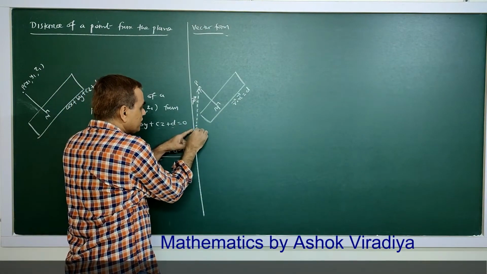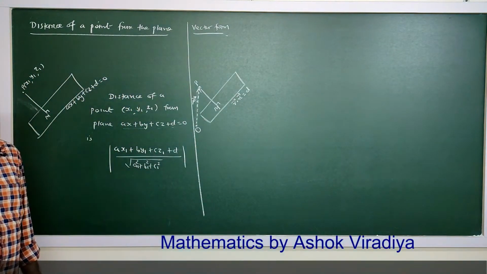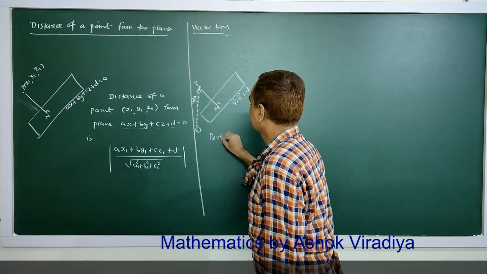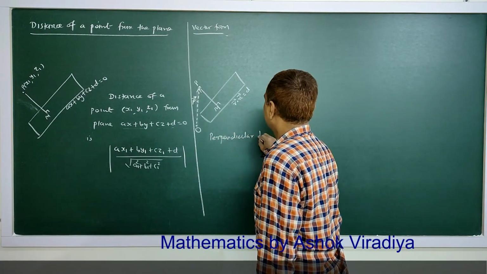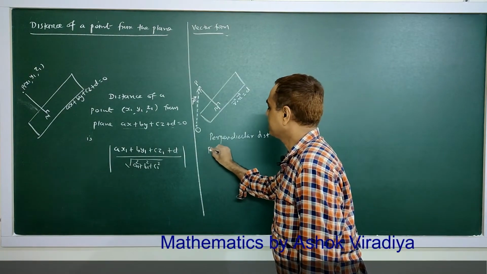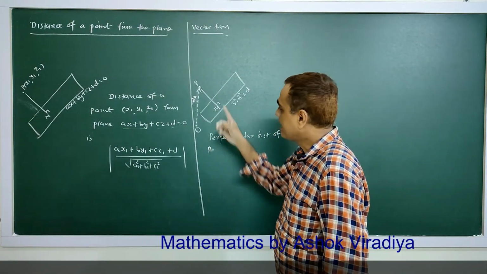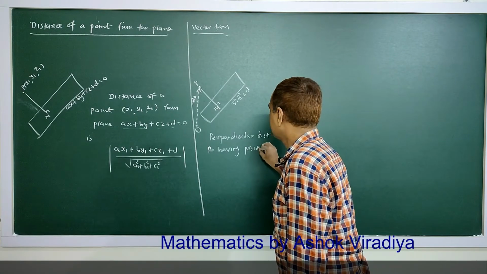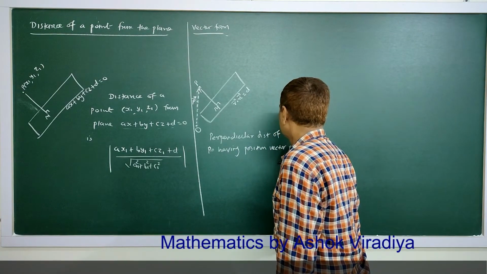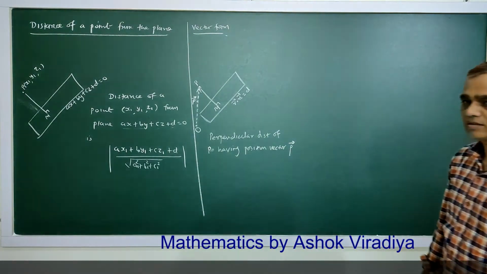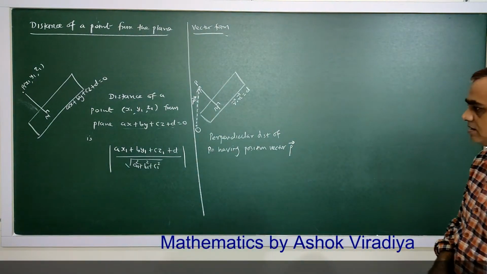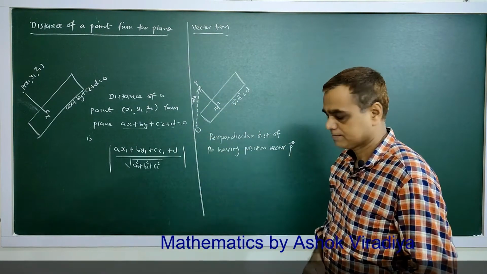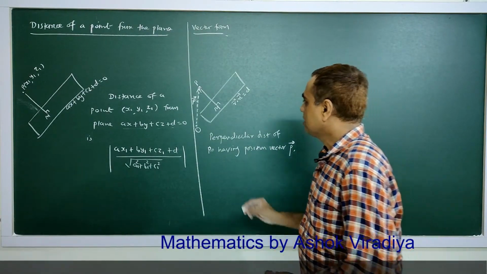That means this will be origin. So we say perpendicular distance of point P, having the position vector vector P. You can also use symbol vector A. So perpendicular distance of a point having position vector vector P from